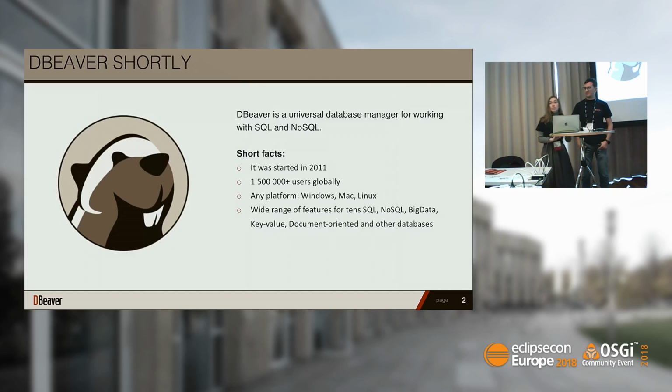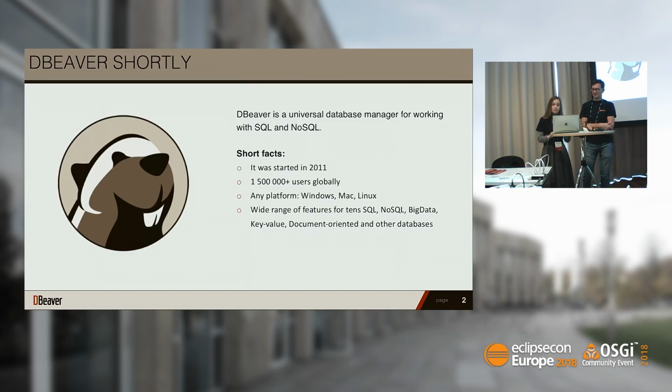Nowadays, DBeaver has more than 1.5 million users around the world, 1,000 stars on GitHub, and 100 stars on Eclipse Marketplace. We are developing DBeaver about 7 years, and recently we have realized that DBeaver has tons of features, and sometimes we cannot even remember some of them. But they simplify the work of a lot of people every day. So we decided to collect them and show you the main tips and tricks how to work with DBeaver and